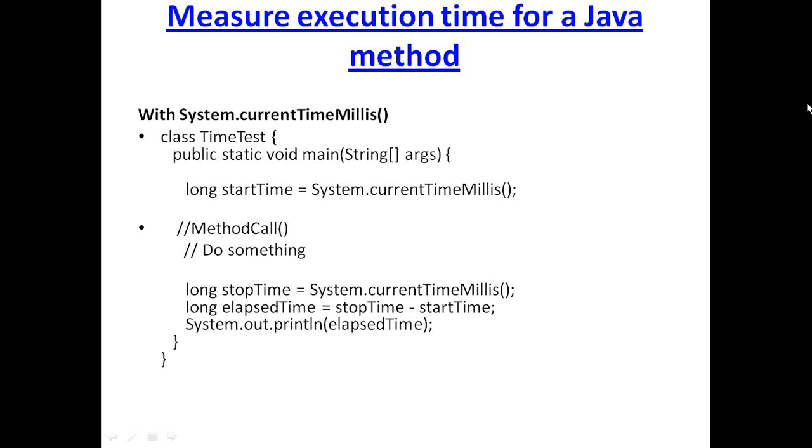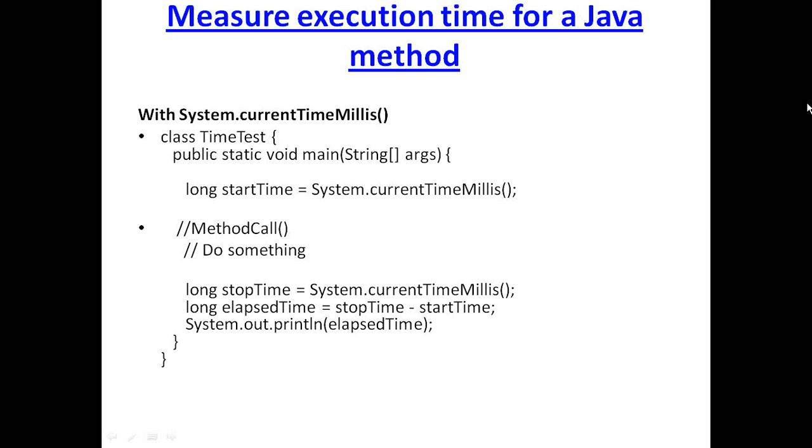Today we will discuss the most important advanced concepts of Java, which we normally don't use in our day-to-day programming. So we will start with the first important concept in Java which every programmer should be aware of. How to measure the execution time for a Java method? Whenever we write a Java method or a Java class, we should understand how much is the execution time for that method to understand whether the method has been written with a good coding practice or not.